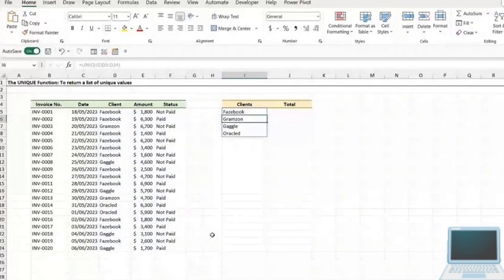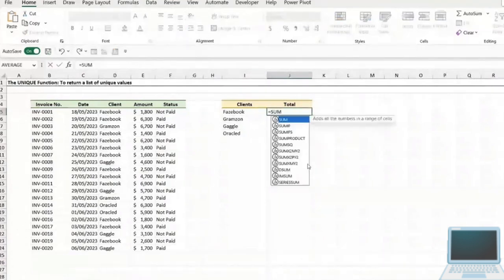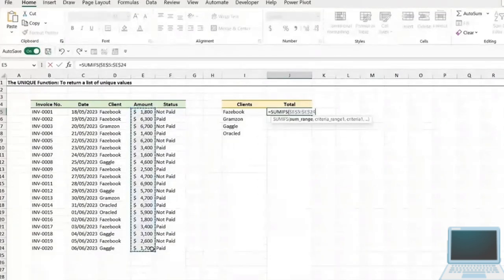And then, of course, once we have this list, we can then do whatever calculation we need based off of this list. So maybe I want to find out how much each client has paid. Okay, so I want to sum the amount column for each client. So that is where I would use a SUMIFS. SUMIFS will allow me to sum whatever I specify. So I want to sum the amounts, and we're going to lock those cells when the criteria is equal to